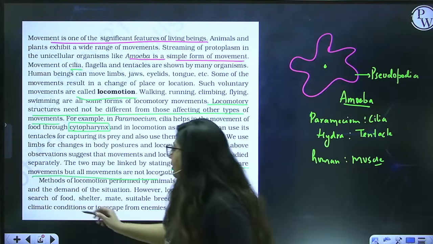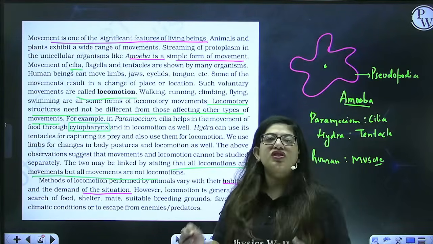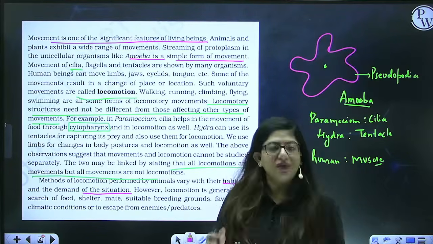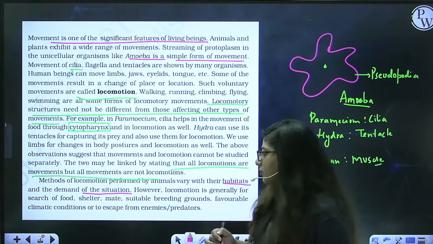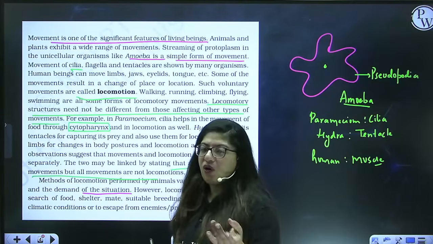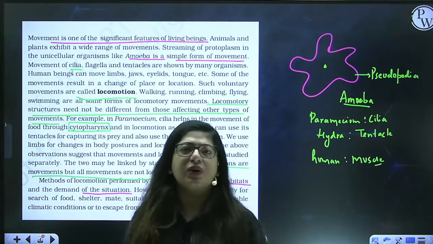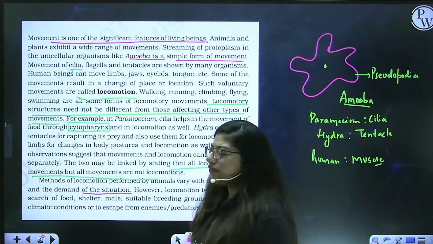Okay. Second is demand of the situation. What's the demand? For example, if I say fish has to swim, so it will have fins, and we have to walk. So we are terrestrial, we will have limbs, okay? Or just like frog has to walk, or reptiles have to walk. All these are terrestrial. So that's a situation where we live and what kind of a situation is we want to walk, so we have limbs.